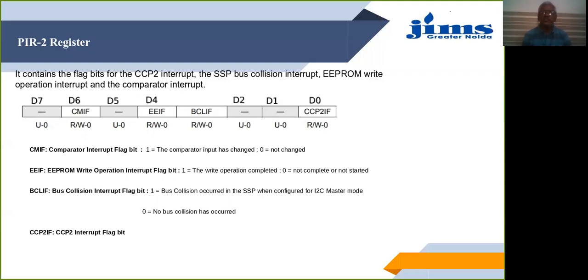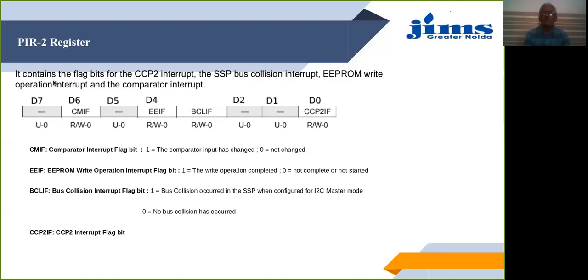Then we saw the general register files, and we saw that starting from address 0B, 0C, 0D, we have the INTCON, the PIR1 and PIR2 registers. The corresponding registers for enabling the interrupts are available in bank 1, the PIE1 and the PIE2. Then we have an option register which could be used for certain settings.